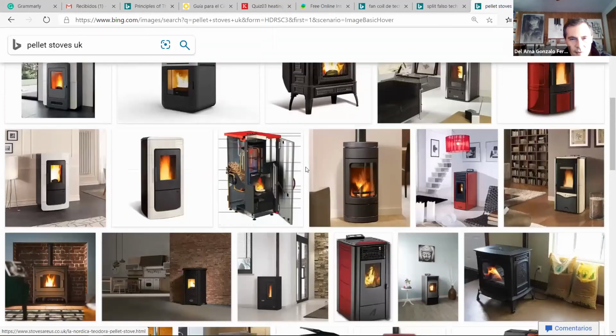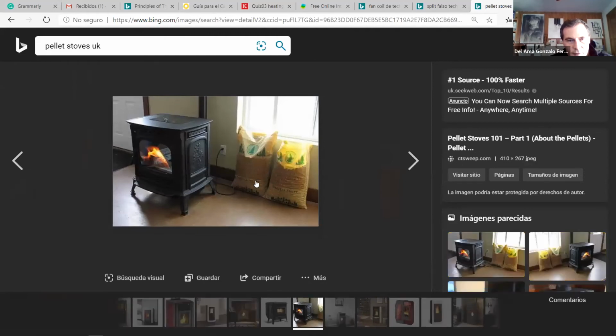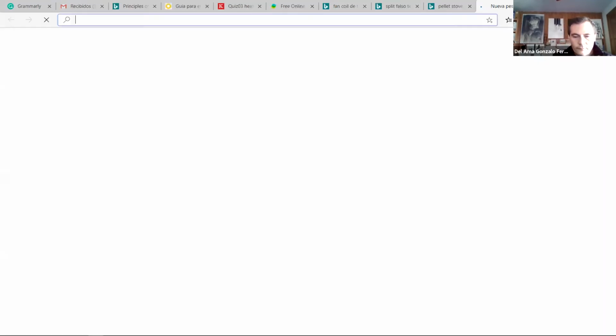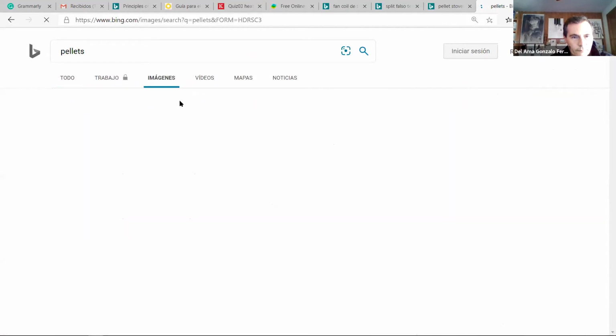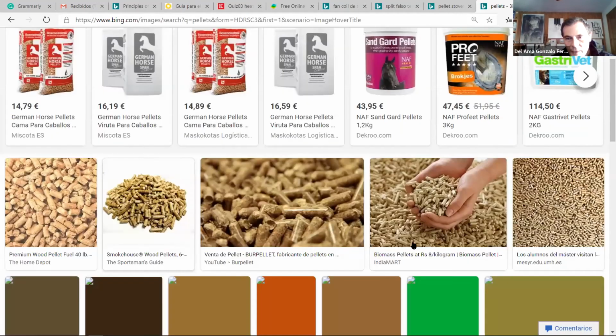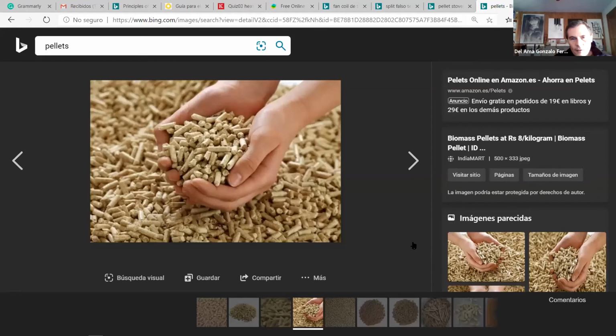Okay, so this is the stove, and these are pellets. I'm sure that you can buy these anywhere because now they are very popular. This is wood, so we grind or smash the wood, and then we compact it and